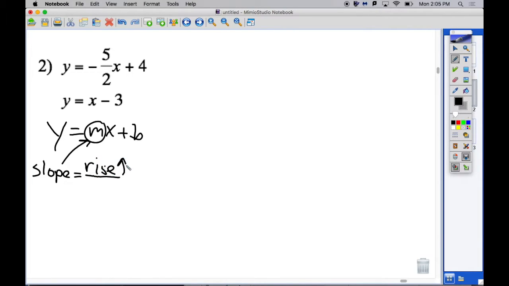So the rise can go up or down depending on if the value is positive or negative, and the run can go left to right depending on if it's positive or negative, right? Does that make sense? And then we said the b term is what we call the y-intercept, and that's where it crosses